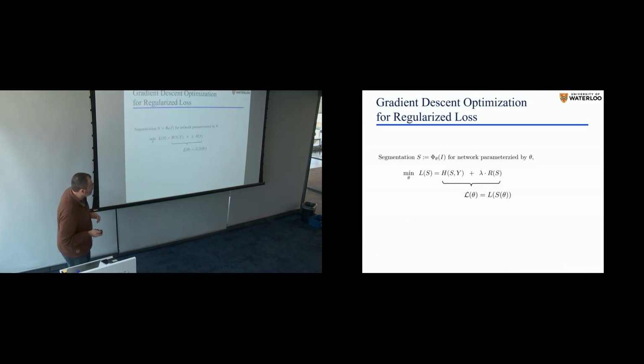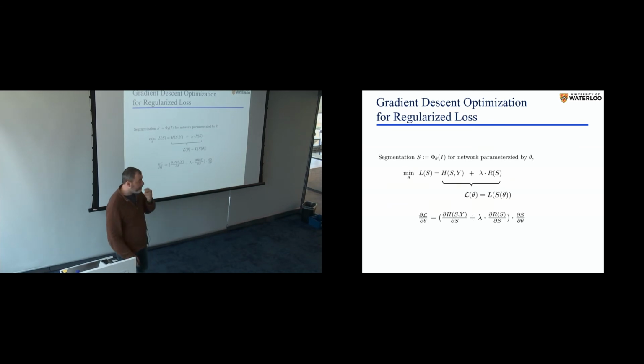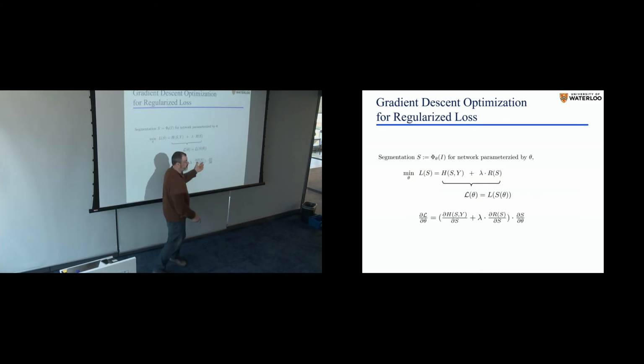So let me just show you optimization. First of all, for the time being, you can think that yes, you need to relax your regularizer, because if you were to apply, say, gradient descent, then you just get this. You need to get the gradient from the regularizer as well. Yes, this is the learning problem. That's how you learn. This is your gradient descent. This is your standard part from cross entropy, and this is what the regularizer gives.